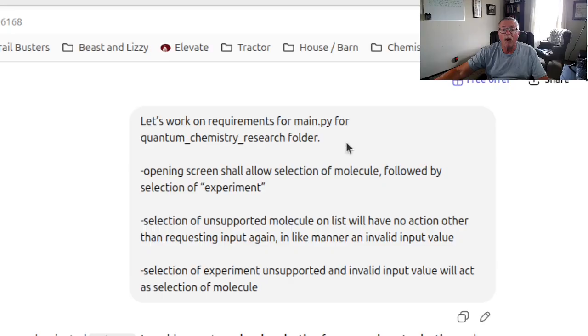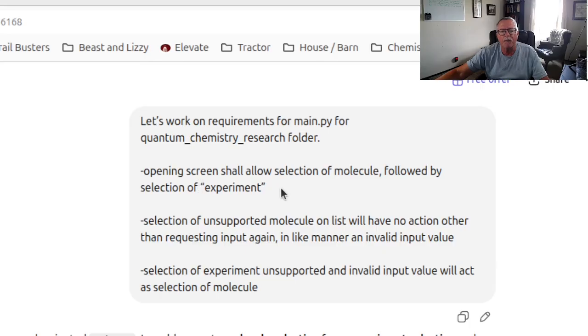Let's work on requirements for main.py for the quantum chemistry research folder. As we saw before, main is outside all the other folders, and the folders have all the supporting files that make everything work. So what I said is, let's have the opening screen allow selection of a molecule followed by